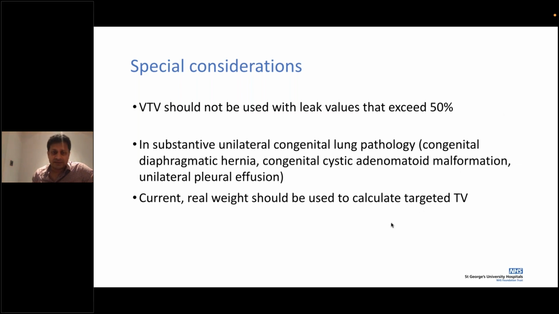For all practical reasons, please use the current weight as opposed to the birth weight. So with volume control, you must optimize week on week, and you must change the weight that is set on your ventilator, so the target that you've set is on the current weight or the working weight that you use.